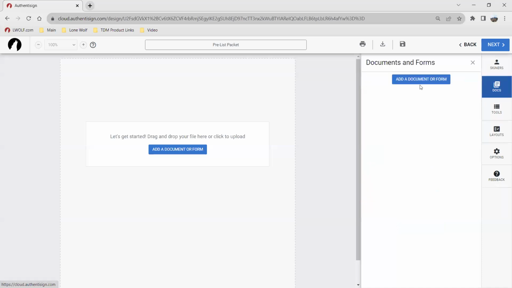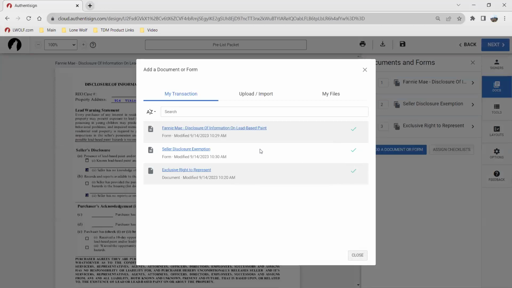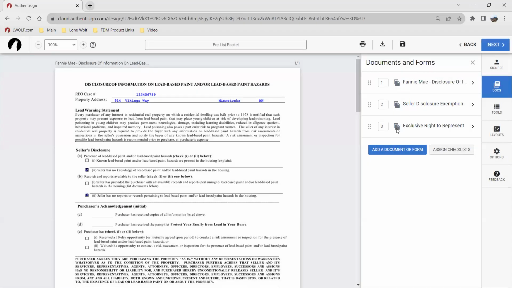So I'll head here to docs, and I can either add it right here or I can add it right in the middle, either way. And I'll just push add on everything I want to get added. If I forgot a document, I can go to this upload import option. If you forgot a form, I would suggest backing out of the Authentisign packet, add the form to the transaction, go through the editing option, and then come back to the packet and add it in. I would not add it in here